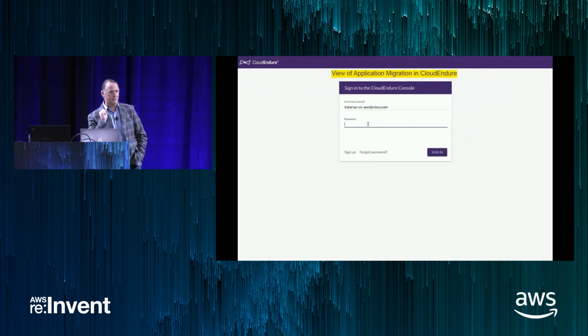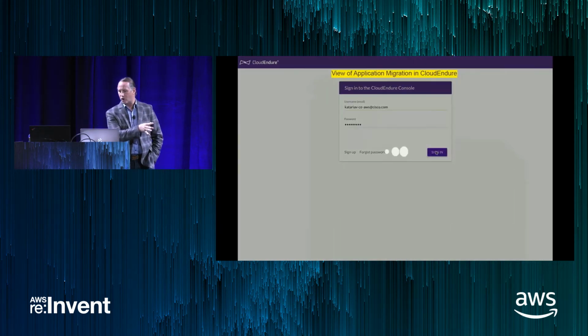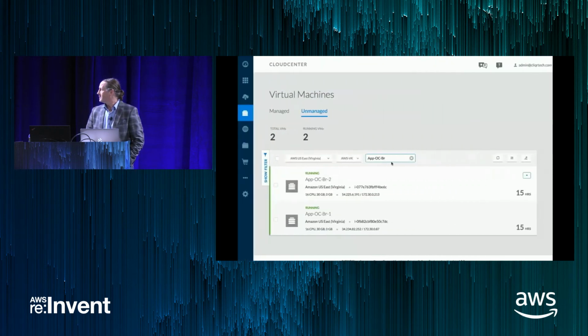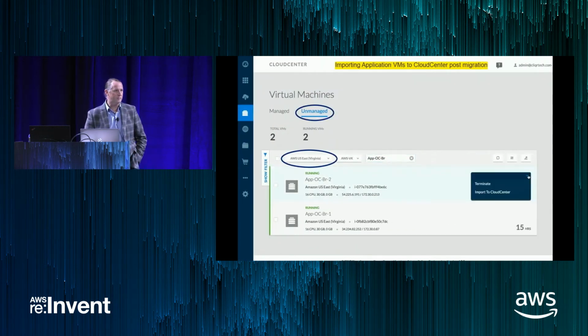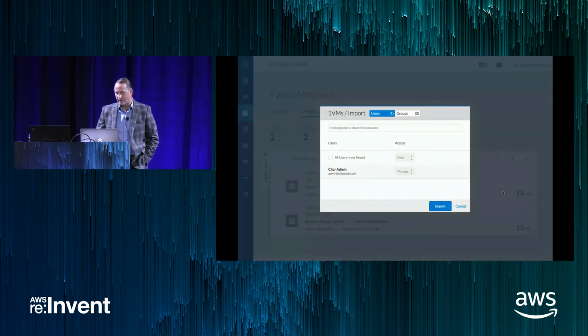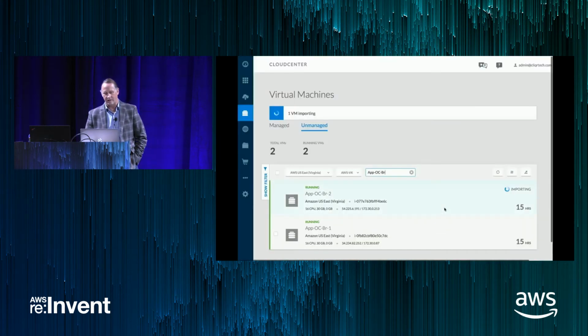So now, CloudCenter has sent API work to CloudEndure to do. CloudEndure is now actually running a job, synchronizing the data. You see data replication here. If you have 100 gig here to move, 100 gig takes a little time to move, so we're doing a little video editing here. But now we've got these over in the new cloud, and we're importing.